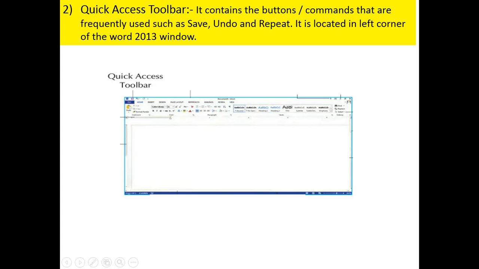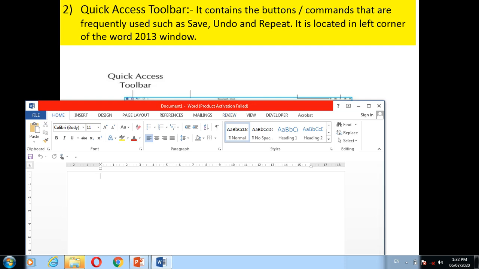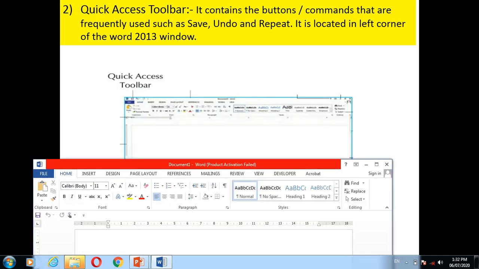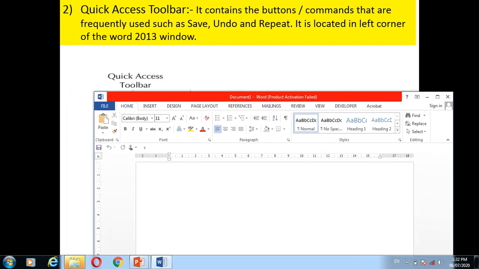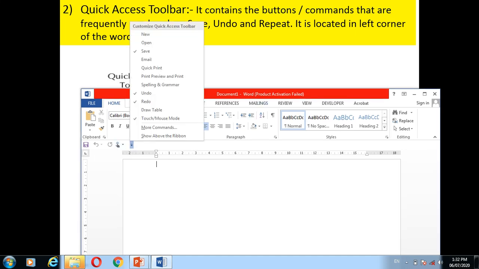I will show you. See, where is the quick access toolbar? Here is the quick access toolbar. Have you seen? This is the quick access toolbar. Save button, undo button, and redo button.